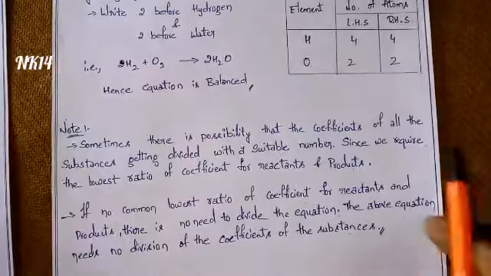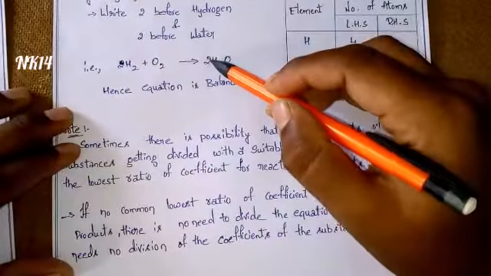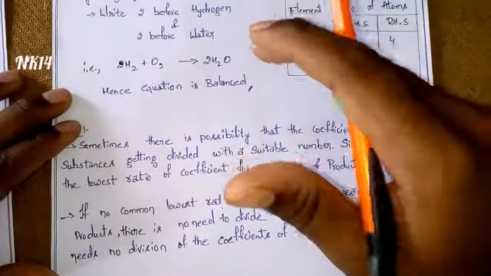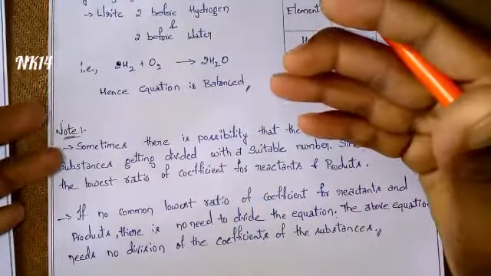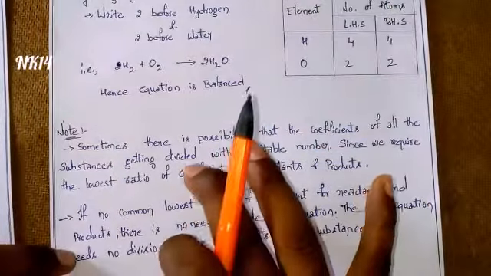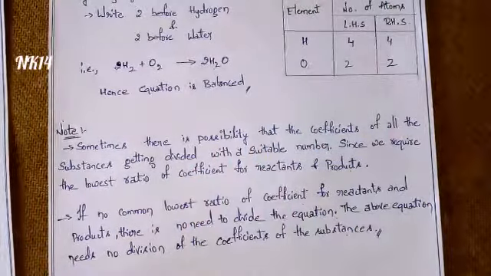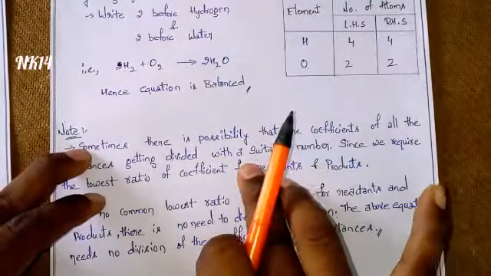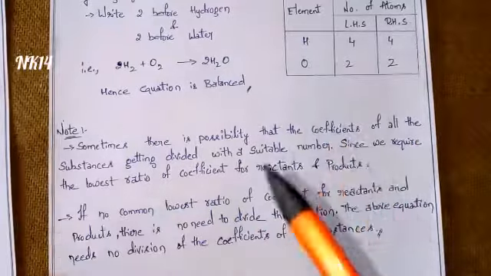So friends, this point says that as the above equation is already in the basic and lowest ratio, there is no more procedure to do. So no need for this. For this example, I will take one more in the next video. I will explain in the next video how to balance with the lowest ratio. So try to watch the next video also.